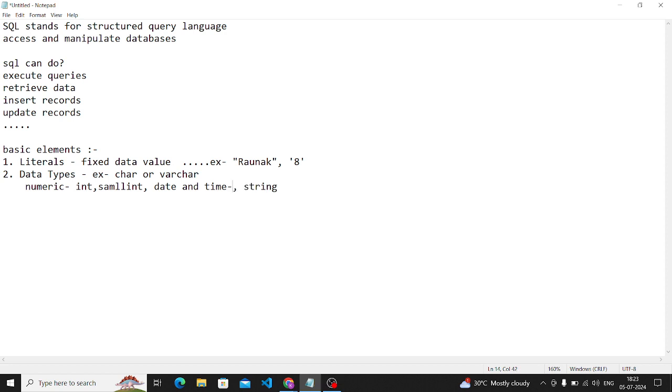Now let's come to date and time. Basically in date and time there are date and datetime data types. You know what is the format of date in SQL or MySQL. The format is year